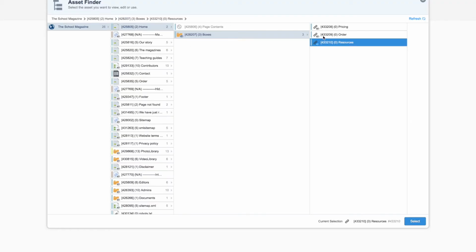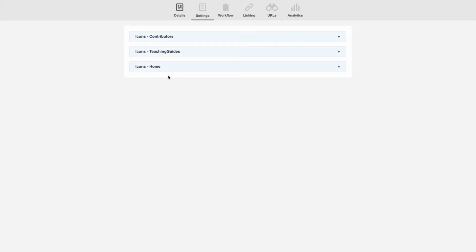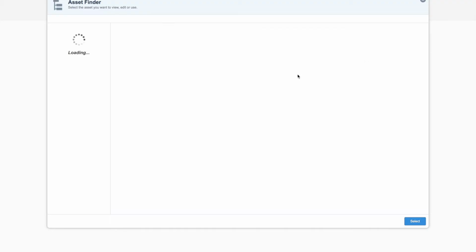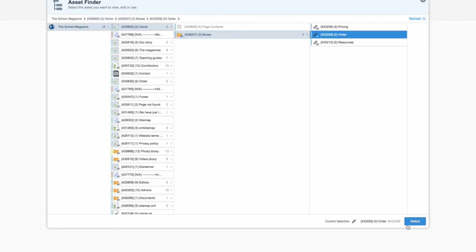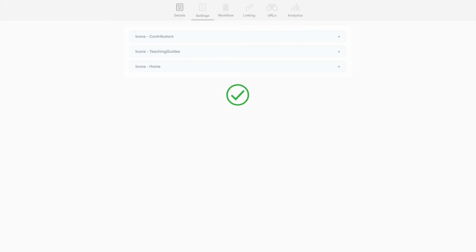Then if we go to pricing, that's how you update the icons of those three boxes.